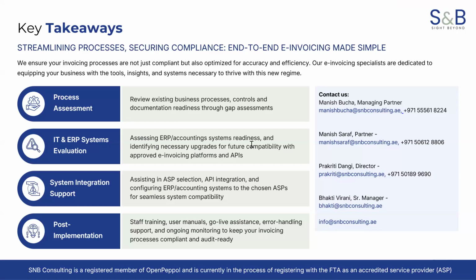I think Manish, this is intercompany transactions. Yes, in the case of intercompany, they would have separate trade licenses but have the same tax group, right? And for e-invoicing purposes, you would go with the PayPal ID for each of those trade licenses. If you have one tax group under which you have different TRN numbers, each TRN number will have a PayPal ID, and for intercompany transactions, you have to bill using that.